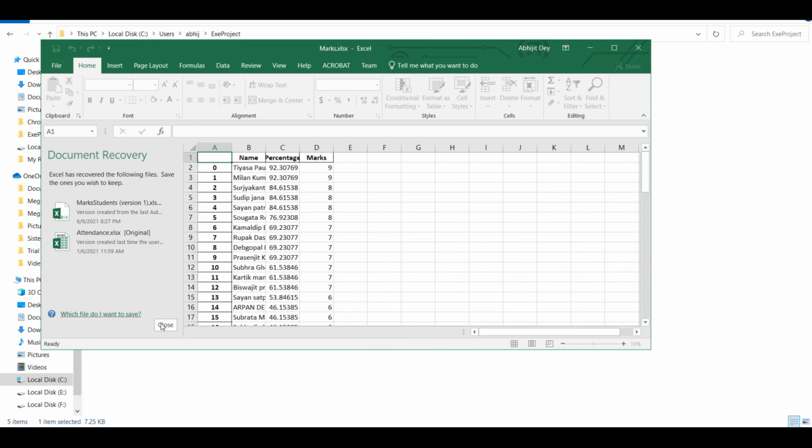Now this is the Excel sheet that was just created. We can see here the marks assigned to each student based on their attendance. This way we can automate the boring stuff that we do using Google Form.